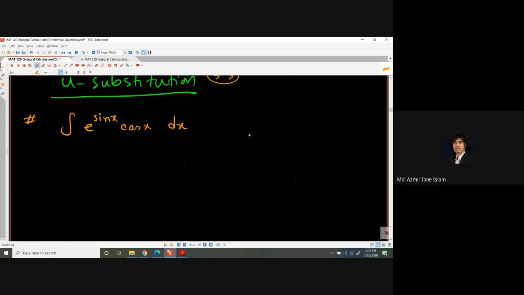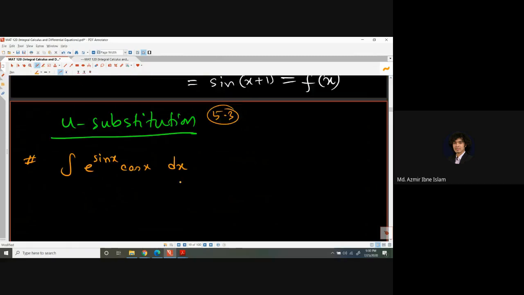Which suitable function can be taken as u, so that we can easily integrate this one, so that we can easily find out the antiderivative? That means you have to figure out. Okay, so again, have a look at the